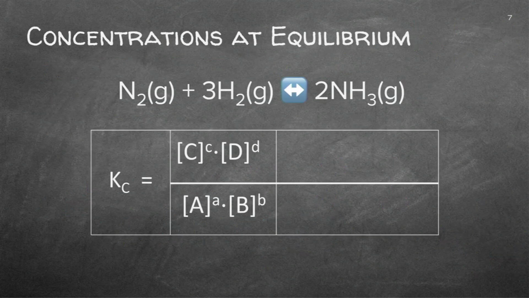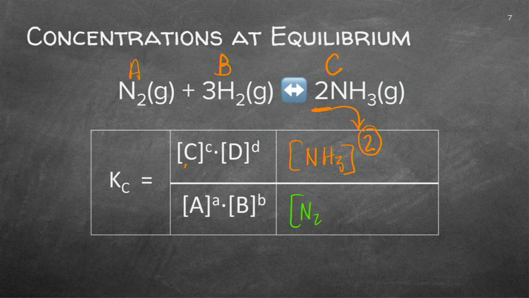Let's go back to this equation. The C, we are now substituting with this. The D isn't here, and this is the A and the B, and let's do that again. I've got at the top NH3, I've got 2, do you see that? It's the power, the mole. I then have the reactants at the bottom. I've got a nitrogen, I'm multiplying it with hydrogen, and again that is the moles, it becomes the power. Now let's see if you can do a few calculations with that.